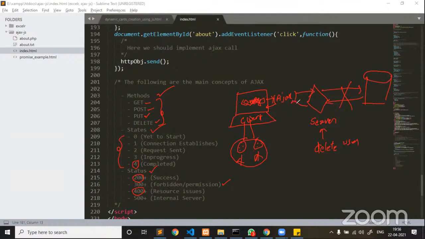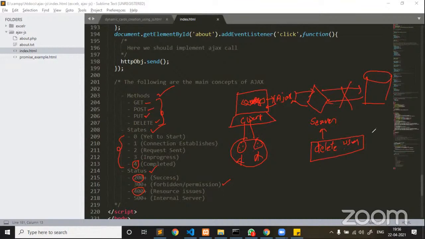The moment you plan to delete a user, you are sending a request from client side to server side for this function. If this function is available, you won't get any resource related issues.